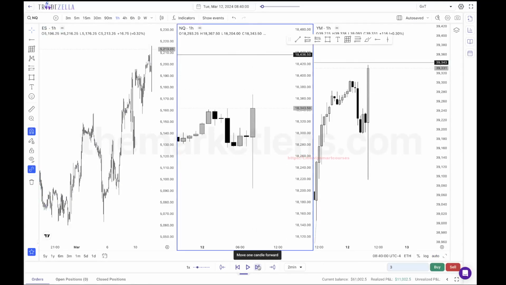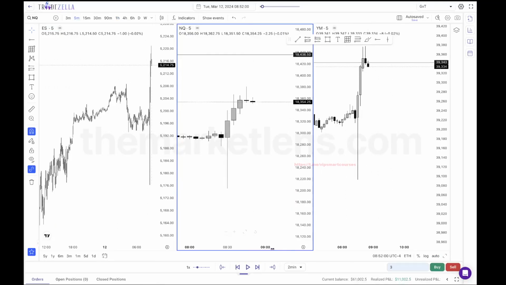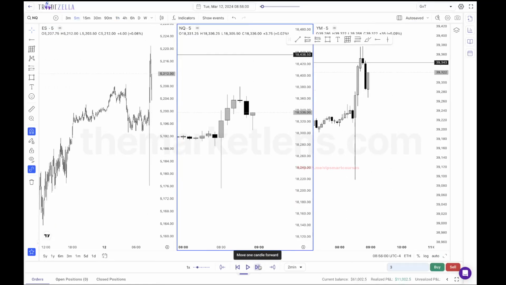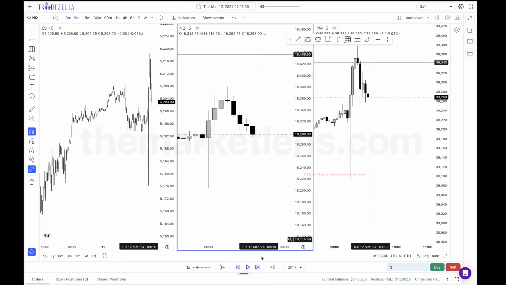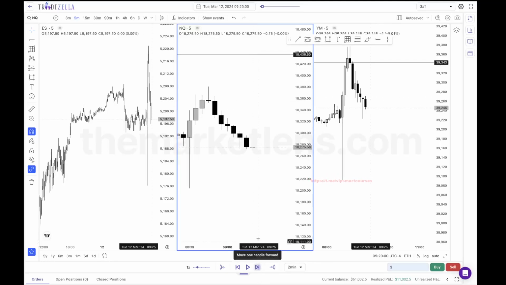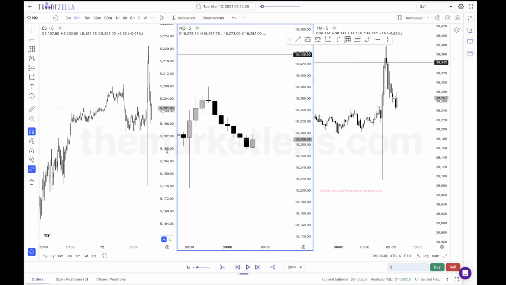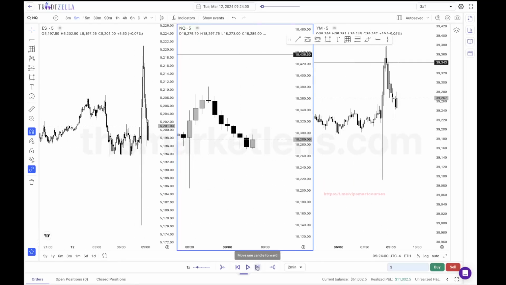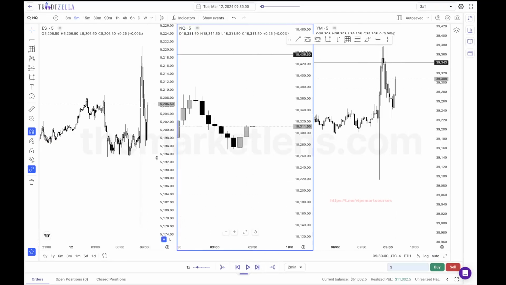So this is where we just wait for 930 probably. Let's skip to 930. Maybe that provides us an entry. I don't like this deep retracement back in here though. That's not really something I like to see, guys. So 930 is coming up here. All right, so 930 here.